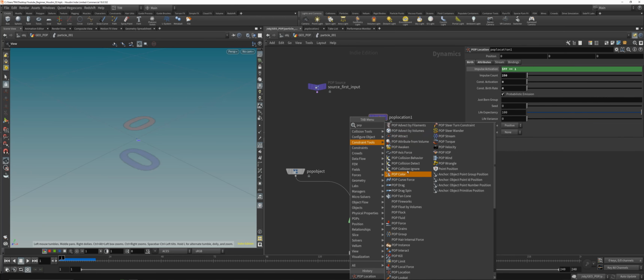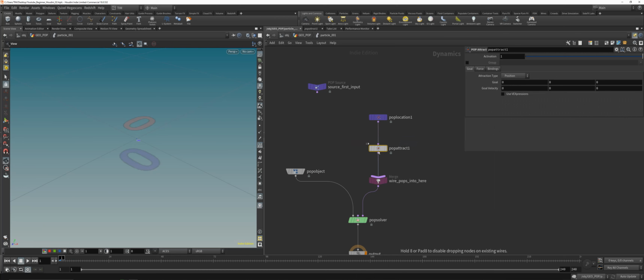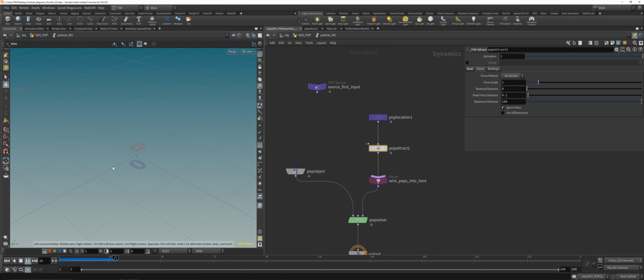Let's get a simple pop attract node. This will attract particles to a given location. And the goal, I want the goal at, let's go 1 up. And we will use the accelerate function here for scale 1. I think that's fine. And now you can see every particle will travel up, and when the timeline here is